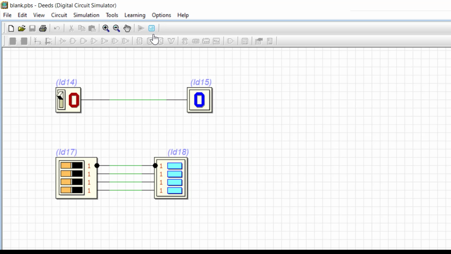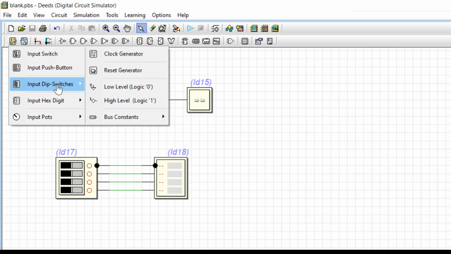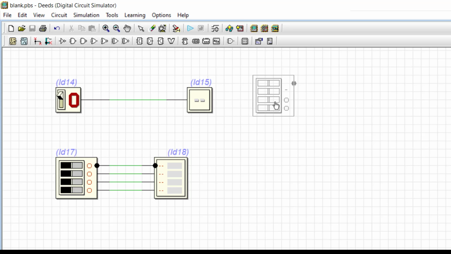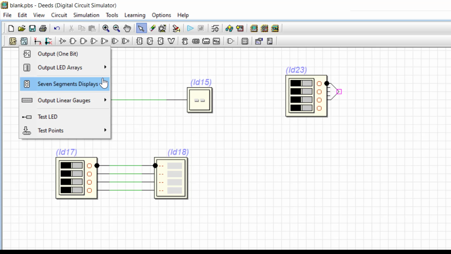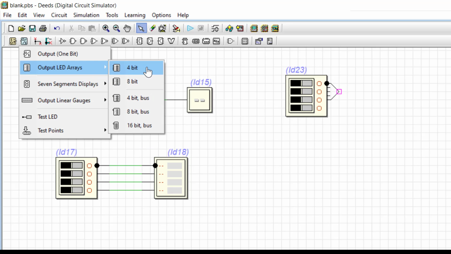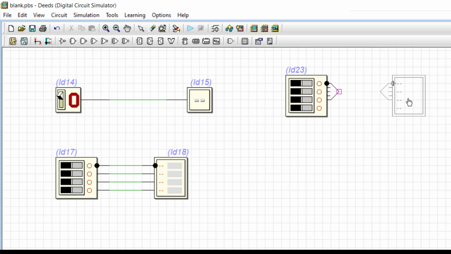Similarly, for the data bus case, you can choose a 4 bit data bus here and connect this 4 bit data bus to a 4 bit output bus. In this case, you should not use the control wire symbol, you have to use the bus symbol. That's Control B. You can connect this, say 00 to 03, which means it is 4 bit data.